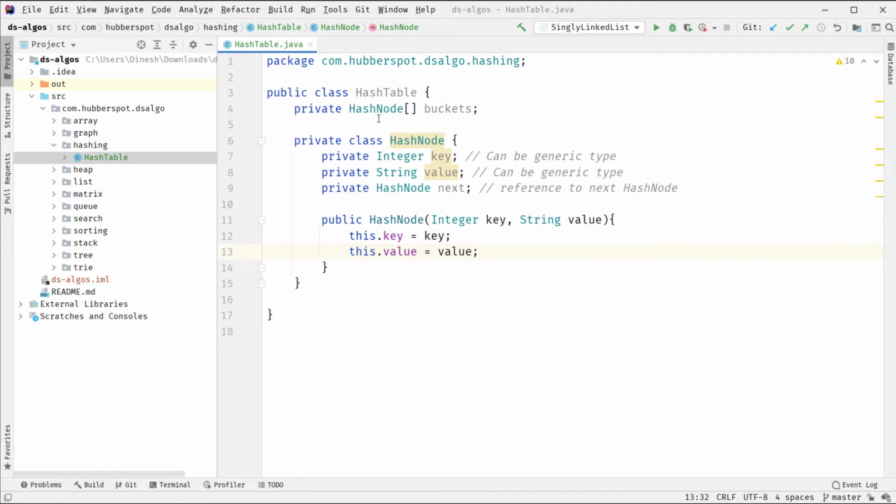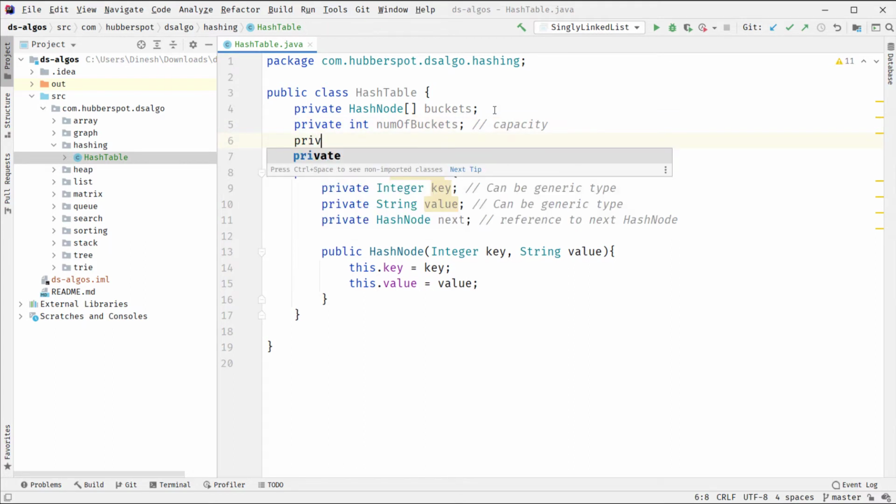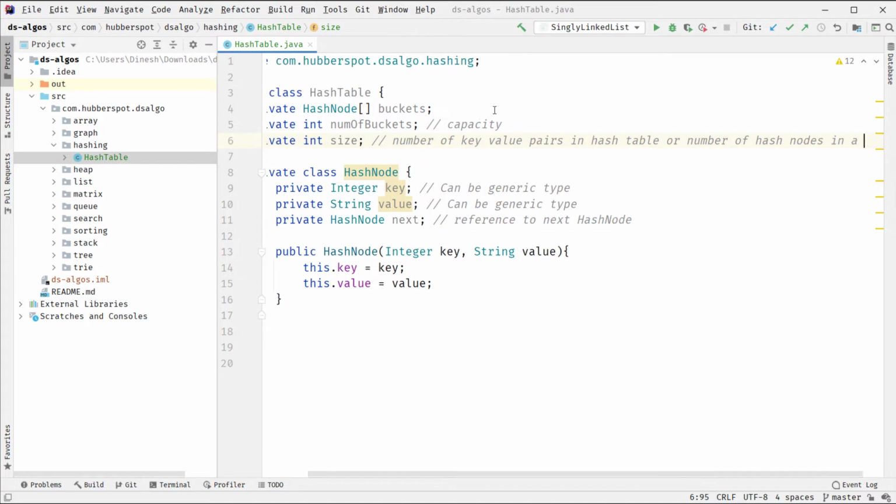So here the hash table consists of an array of hash node which we called buckets. It also has an integer variable number of buckets, which is also capacity, and it also has an integer type size, which is nothing but the number of key value pairs in hash table, or number of hash nodes in a hash table.